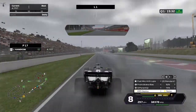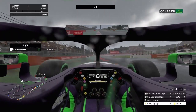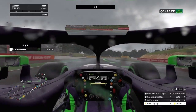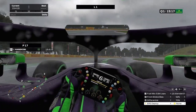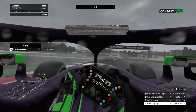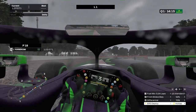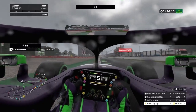So, it's time for qualifying. And guys, here in Q1, you guys can see it's really pouring down with rain. Now, you guys obviously know my strat's always in a wet qualifying. I overfuel the car to go out for a few laps in a row just so I can get used to the conditions and used to the car, how the car feels on track. Because the race is still going to be a dry race, and I kept my dry setup. So, I was willing to sacrifice, I would say, a better quali performance than just sacrifice my entire race, because obviously you guys know what I always say, points are awarded on Sunday,